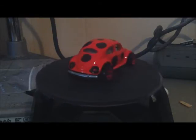So I'm like, well, that's perfect. I'll just do these dots with a Sharpie and make it look more like a real ladybug instead of like a clip art ladybug. But either way, I like it. It's kind of cute. I like the way it came out. So that was a pretty cool idea. I might have to do a couple of those for me. So that's pretty cool. Then he wanted the